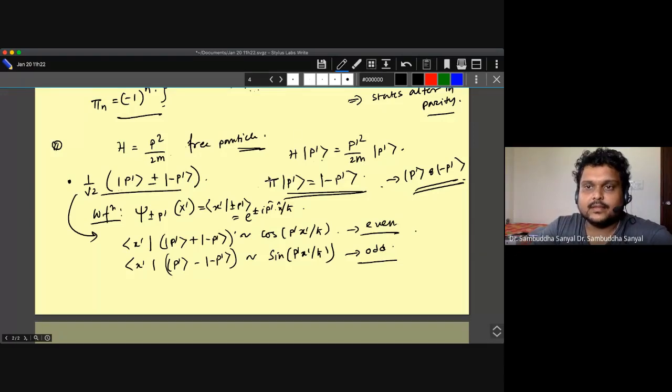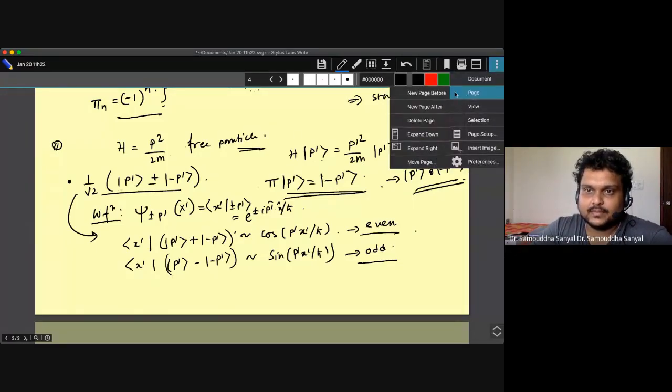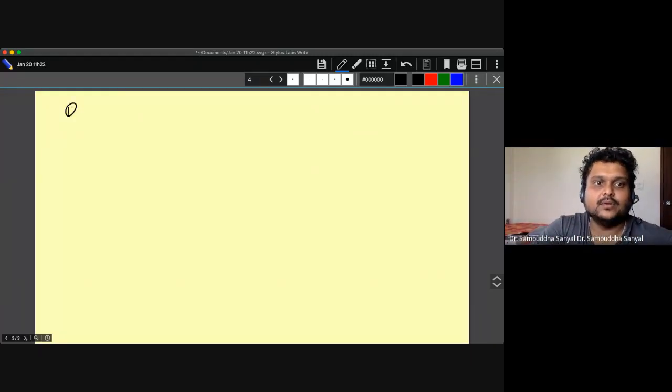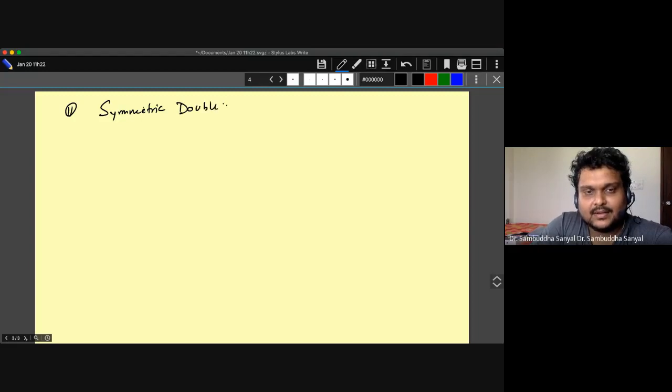Okay. Now I will do one more example. This is also a very simple example. It is something you have done many times in various forms last semester, but again we'll revisit it from the parity angle. We will do the example of a symmetric double well potential. You have done a prototype of this problem in various forms; even in the exam I gave a problem like that, which is not exactly a double well, but dividing an oscillator into two halves and a square well into two halves.